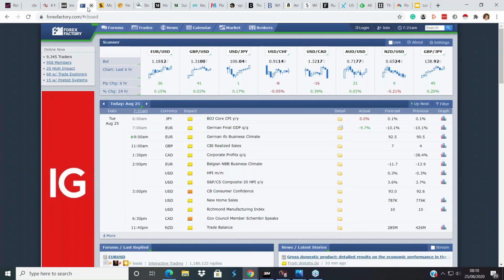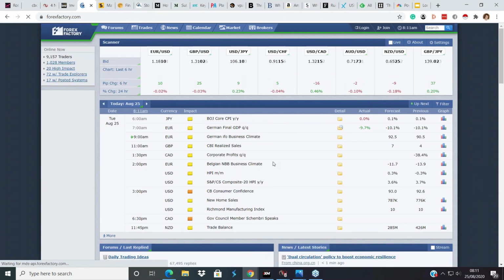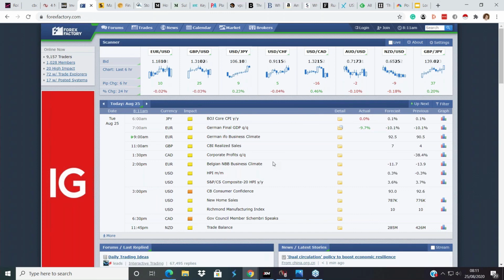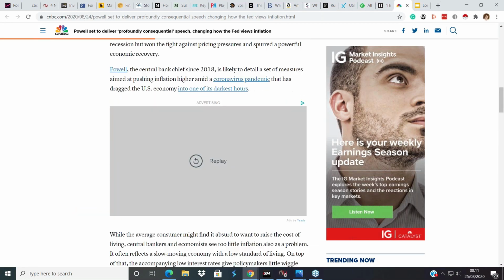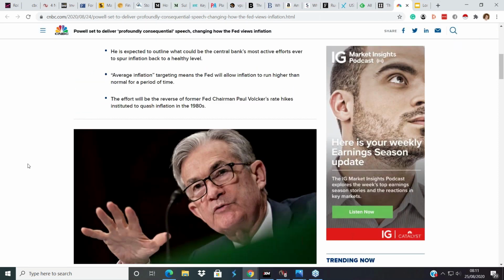And very, very quickly, just to see what's happening today. Couple of things. Yesterday was just extraordinary. There was no fundamental news, but everybody's looking forward to the Jackson Hole Summit, which is a get-together with all the central banks. It's a yearly event. Of course, it's going to be virtual this year. There is talk that Powell is going to make some quite important announcement with regard to how the Fed views inflation. So if you trade gold, if you're interested in gold, you will certainly be paying very close attention to what he is likely to say. But that's really the highlight of the week, as it were.